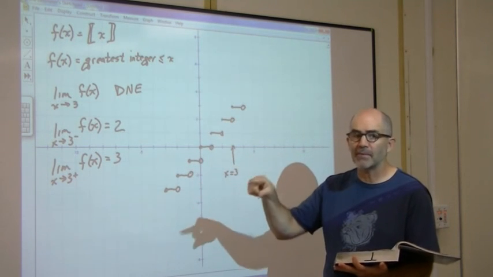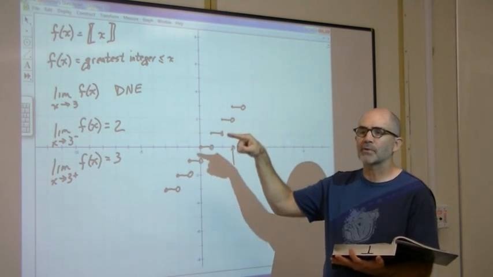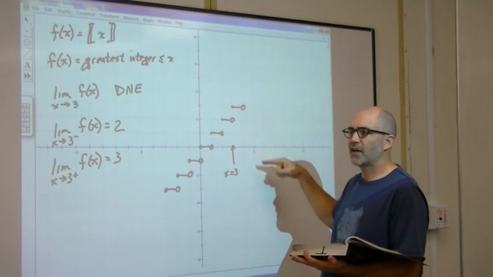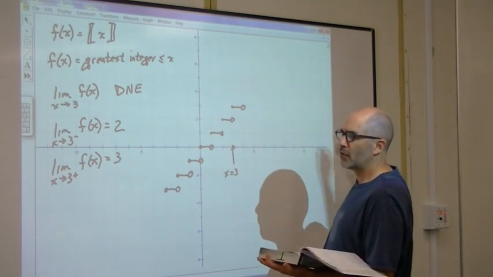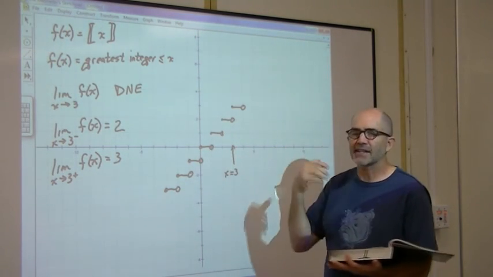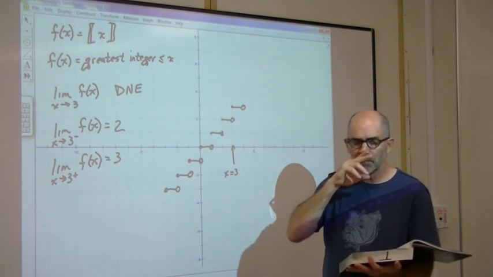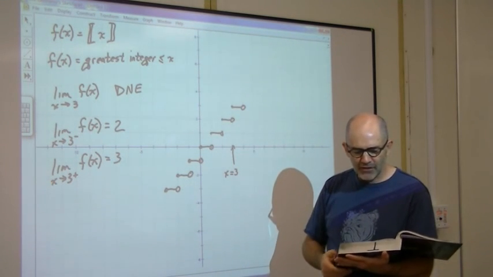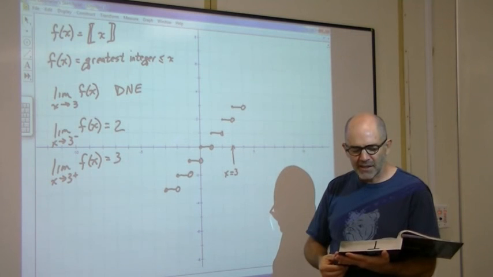Well, it's undefined because the sine curve goes up to 1, down to -1, up to 1, down to -1, and if I keep going forever, it's never going to approach anything. Now, if I look at this function,